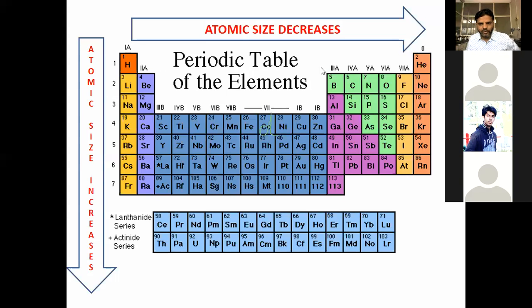When we go from left to right in the periodic table, the new electrons are added within the same shell. How many shells are there in the first period? Only one shell is there. Now how many shells are there in the second period? The second period has two shells. So when we go from lithium to beryllium, beryllium to boron, carbon, nitrogen, oxygen, fluorine and neon,